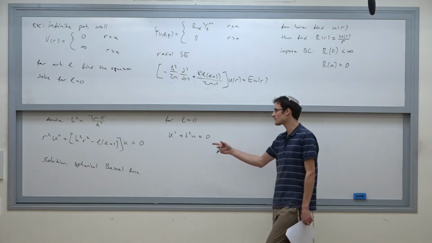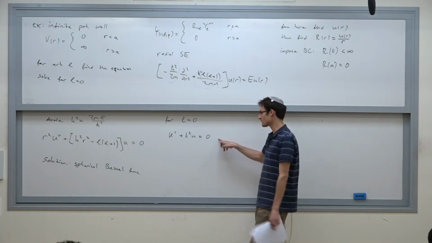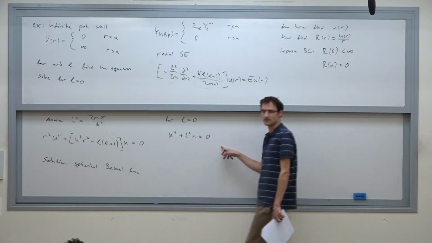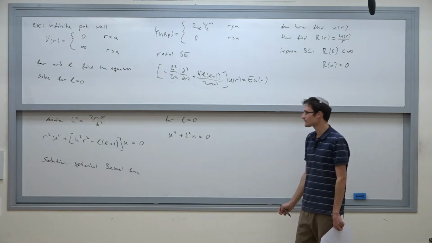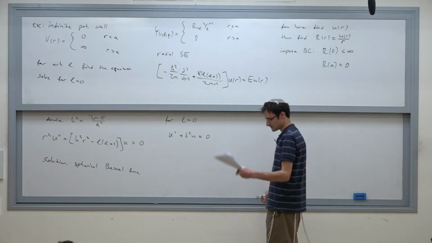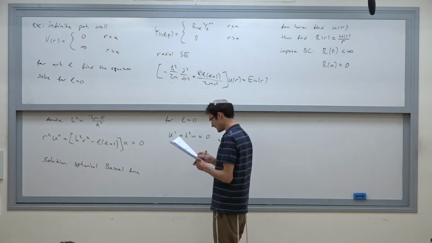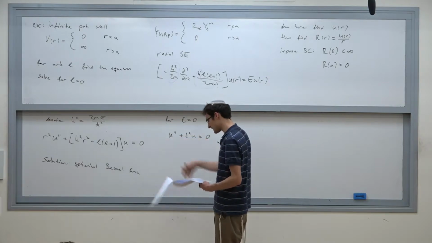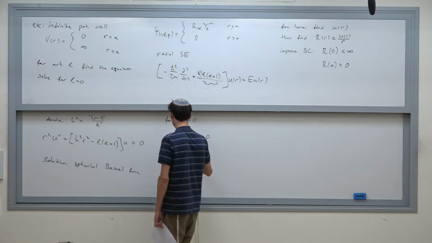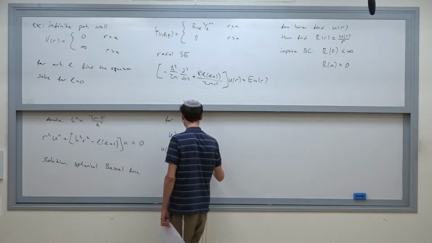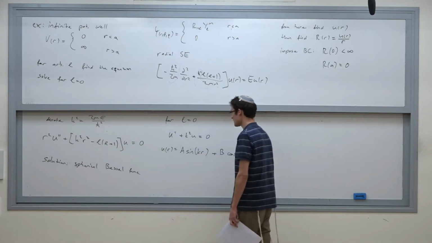This happens very often: for L equals 0, for no angular momentum, your equation for u, not for r, will look exactly like the one-dimensional equation. You'll notice that also in your homework when you solve the free particle. That's the reason that we did the whole substitution. So we can solve this equation. It's sine and cosine. So u of r is a sine kr plus b cosine kr,